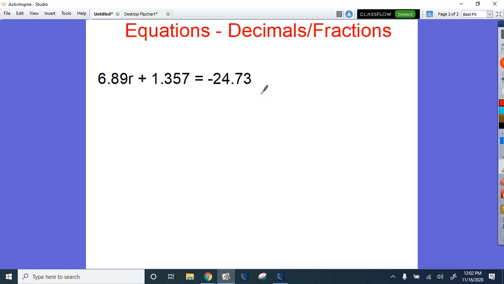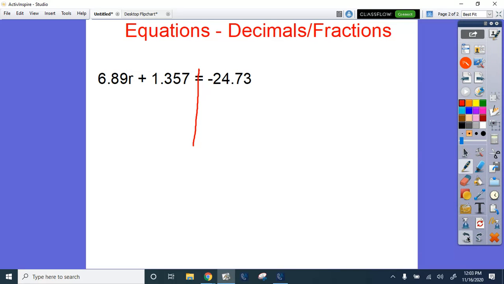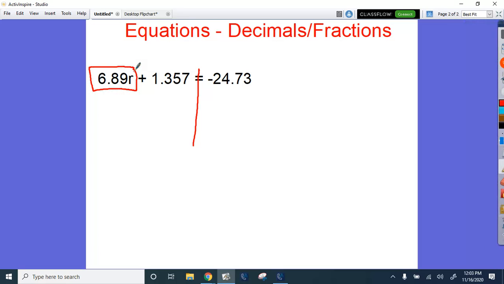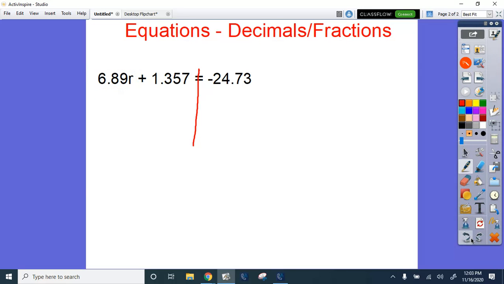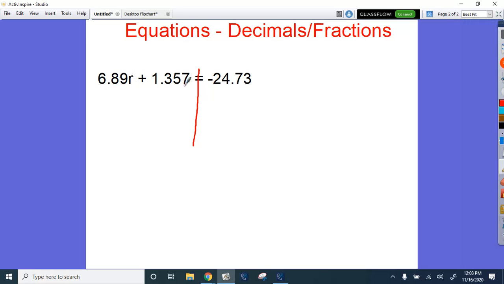Okay? So what we're going to use, again, we're going to identify where our variable is located. In this case, here's my variable r. It's on the left-hand side of the equation, so I want to isolate this 6.89r. So I want to get that alone by itself, which means I'm going to get rid of this 1.357. So I'm actually going to subtract that from both sides because I'm trying to create this to be a 0, and I'm going to subtract it from the other side here, 1.357. Okay? Now, I know that any number plus its opposite or subtracted becomes 0, so you're left with